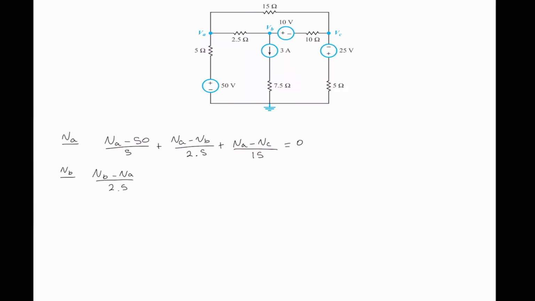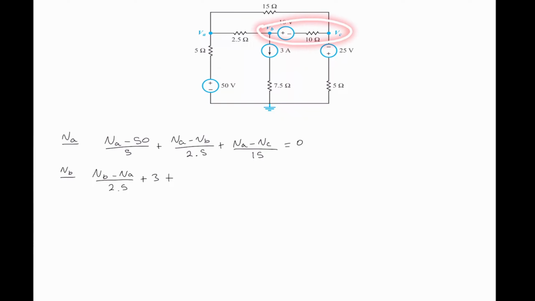Now if we should say VB with reference to ground, well, we don't need that, because as we said earlier, if we know the current in the branch, we don't have to apply KCL at VB with reference to ground. So that's 3 amperes leaving the terminal, so that's a positive 3,